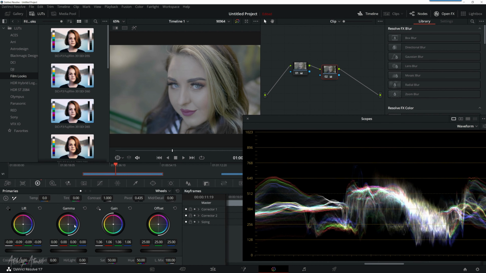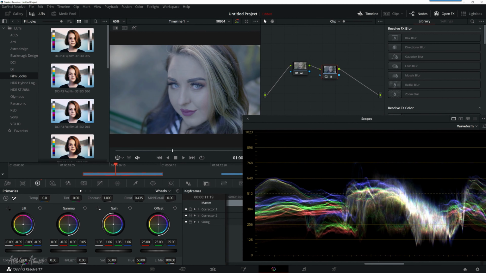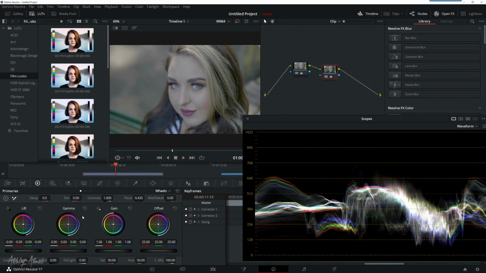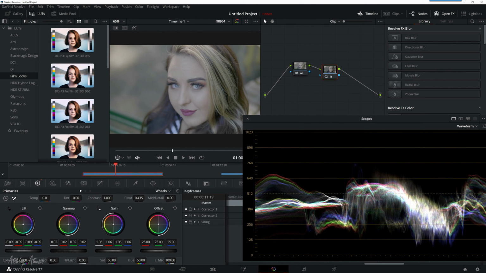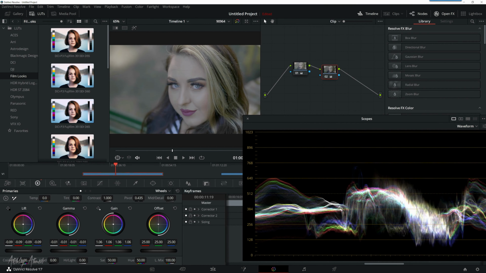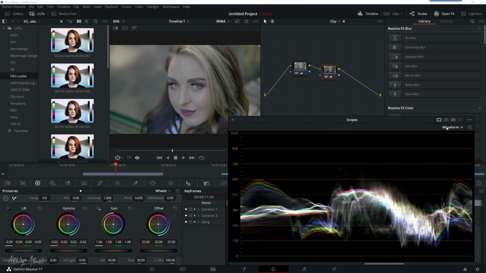And that's actually good. Now remember what I said about the gamma representing the mid tone. So here I can sort of change the color. If I want to give this a bit of a cold look, I can sort of go like this. But obviously that's not what I'm trying to aim for here. So I'm just going to reset this. So I mean that looks perfect to me almost. Now I'm just going to bring this down a bit, so you can see we've balanced the vector scope a little bit. Now let's see what's going on in the other